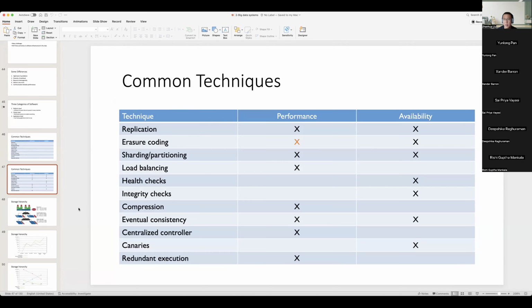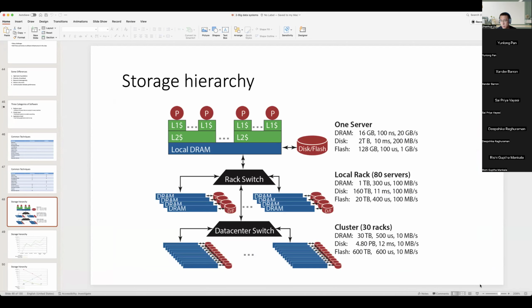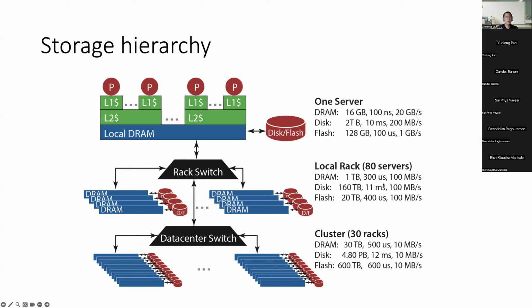Last time we stopped here, right? So this time let's continue. This is the traditional storage architecture. For each processor, it has its own L1 cache, and it may share the L2 cache with others. And then it has a local DRAM, the main memory,